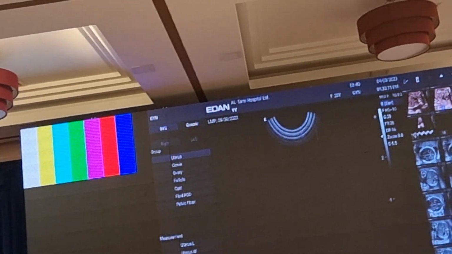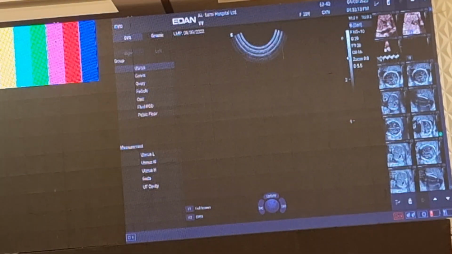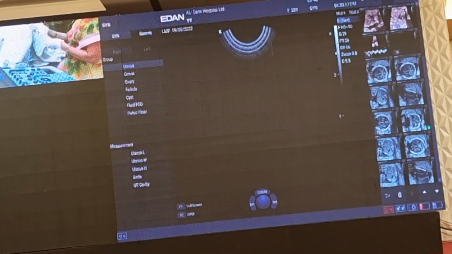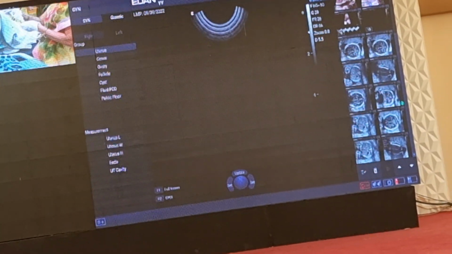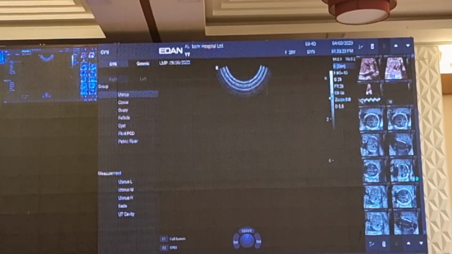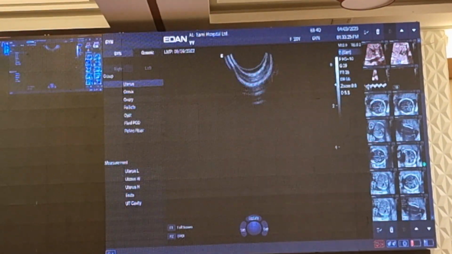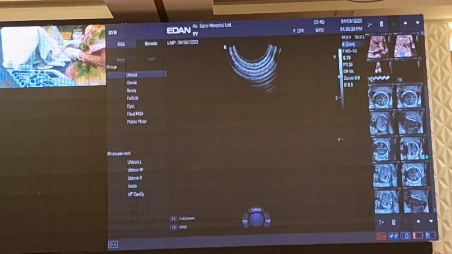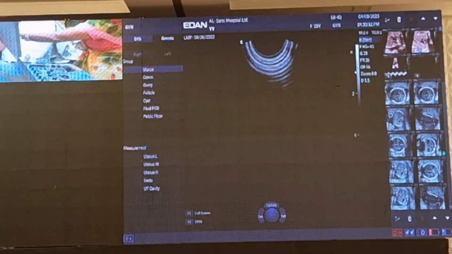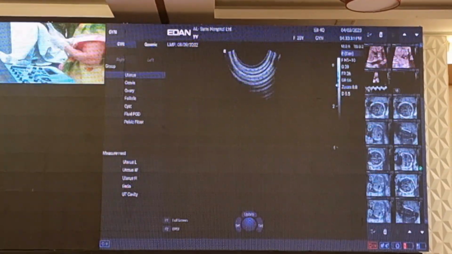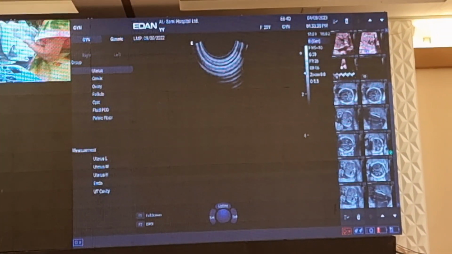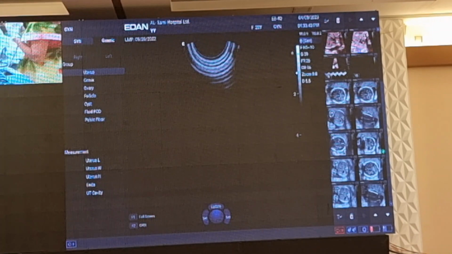So this is a 35-year-old patient who has 2 children. Periods are regular and she is here with us for a pelvic scan, and the best way to do a pelvic scan for a married patient or maybe a sexually active patient is to do a transvaginal sonography. I would like to